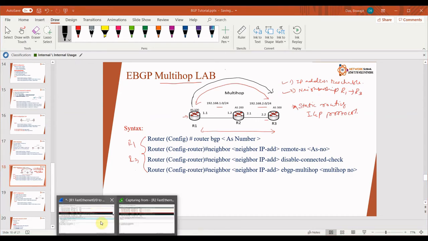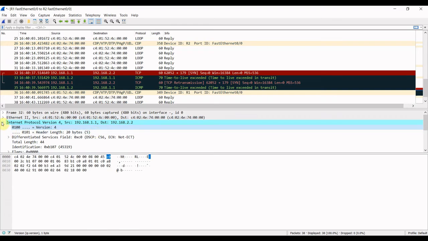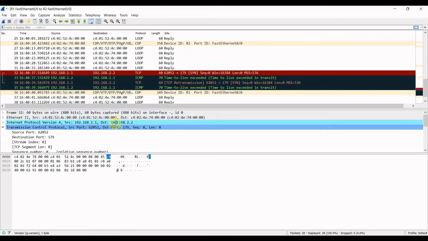Now you see the destination port. We are also seeing the destination port, which is 179, because BGP establishes the TCP session before forming the neighborship. So we can also see the port number, which is 179.